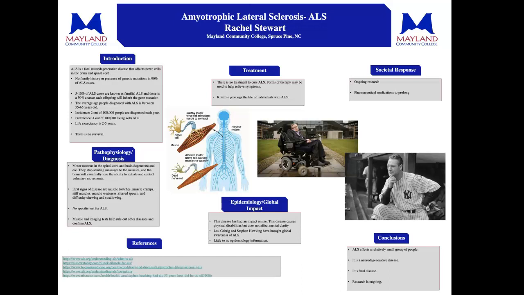Lou Gehrig was diagnosed. He played baseball for the Yankees, and he ended up being diagnosed with ALS on his 36th birthday. Prior to his diagnosis, Lou Gehrig noticed several of the disease's symptoms while he was playing on the field. So those symptoms included loss of strength. He was slipping and falling and losing coordination. And shortly after his diagnosis, Lou Gehrig chose to retire from baseball, and unfortunately he passed away only a year and a half after he was diagnosed.